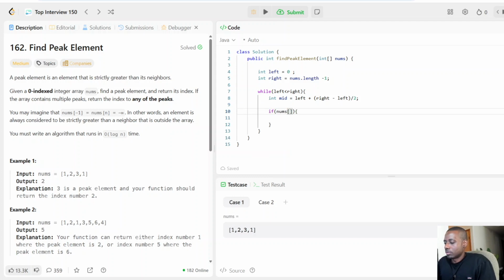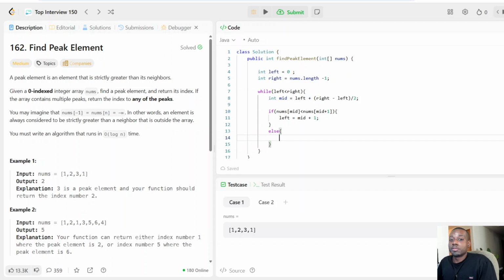Now we're going to ask those two questions. If nums of mid is less than nums of mid plus one, its right neighbor, so if nums of mid plus one is greater than I am, then mid plus one might be a peak. So I'm going to focus my energy and go into the right, and search for your peak there. Like we said, we don't need to find all the peaks, and we're guaranteed to find a peak from mid plus one and onwards,